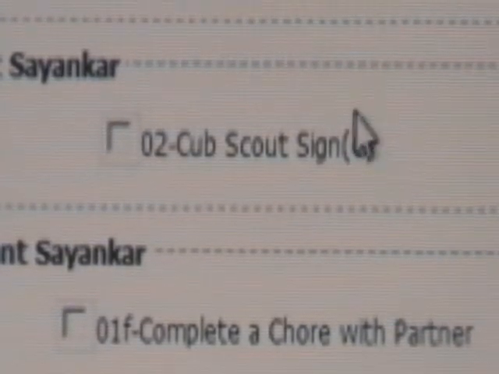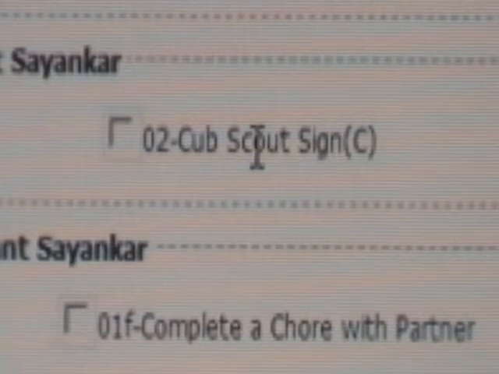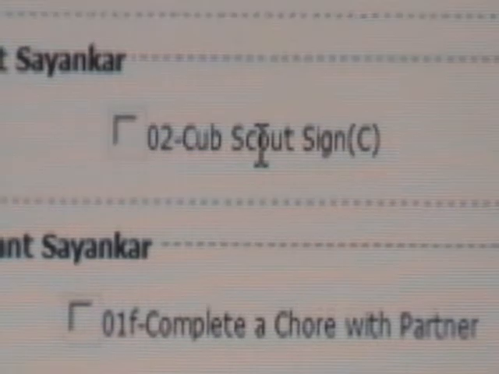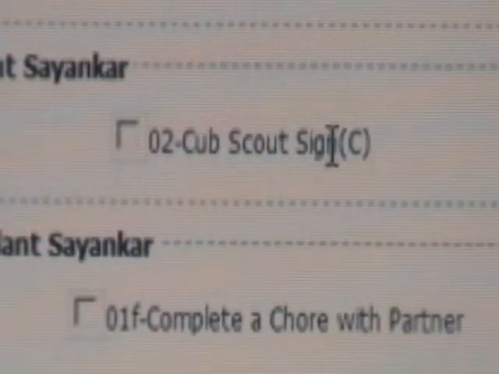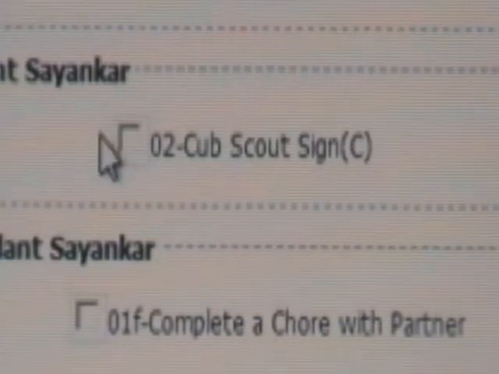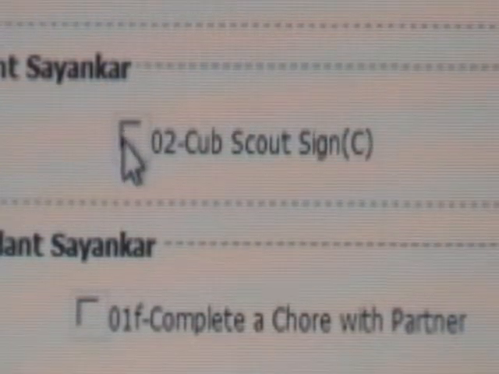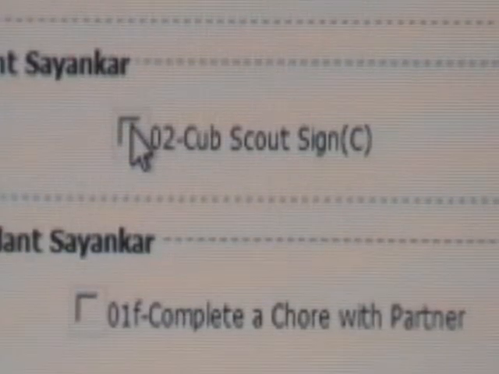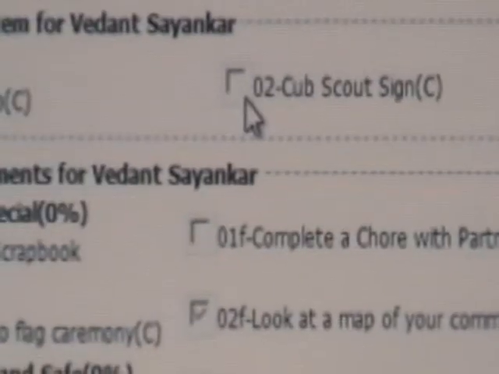That means Scout Boy has completed this particular activity, and I'm going to show you how to complete the activity using another tab called perform activity. But if you see C in the bracket on the right hand side of the activity, that means this activity is completed by the Scout Boy, and because there is no check mark here, it means it is not approved by the den leader yet. So that means there is a pending approval from the den leader. If the activity is approved by the den leader, you will see the check mark.